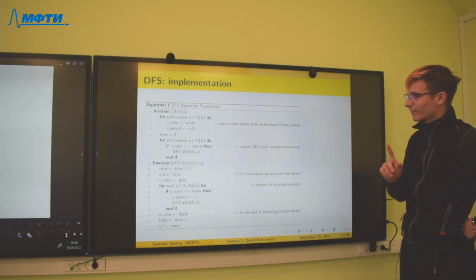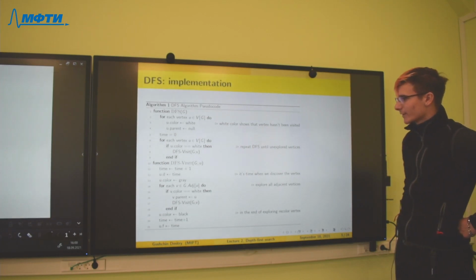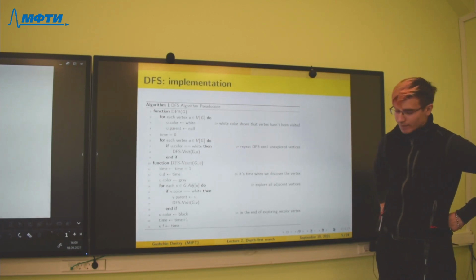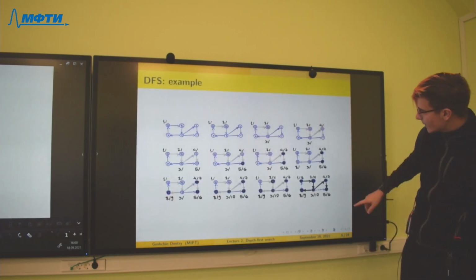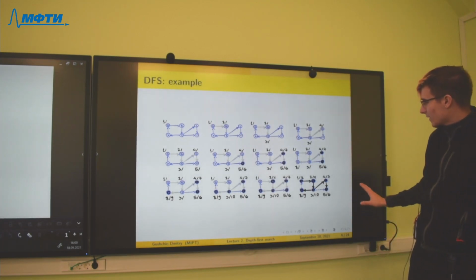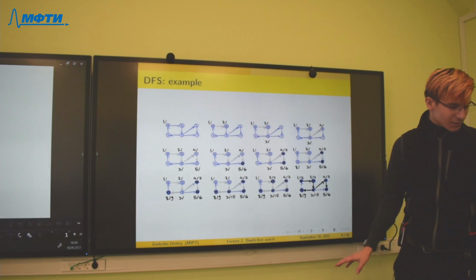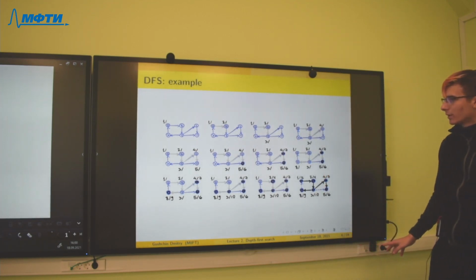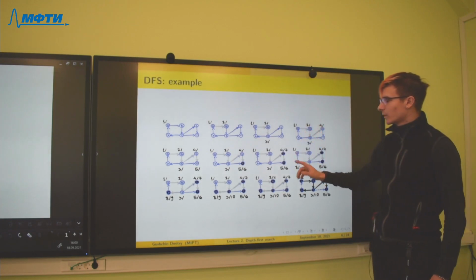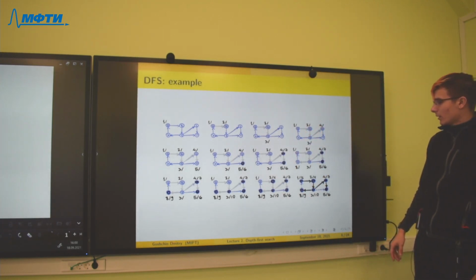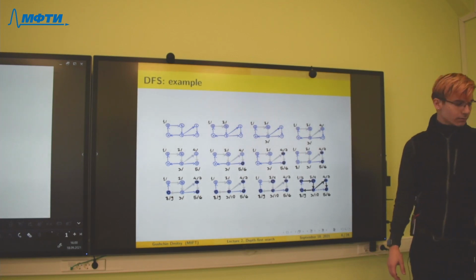We have different applications of this algorithm, and so we need these times, and we will see in some minutes why it is good to store the time when we explore a vertex and the time when we finish exploring it. Okay.